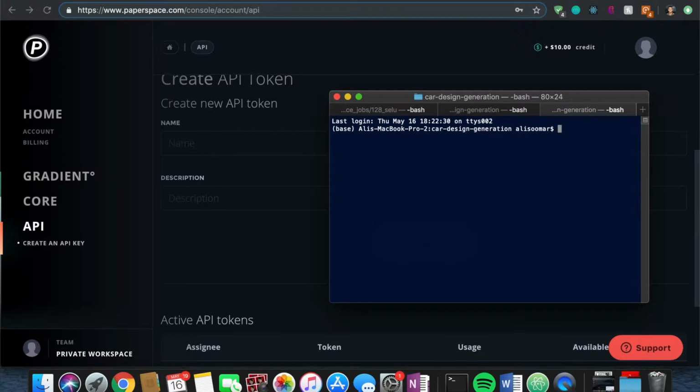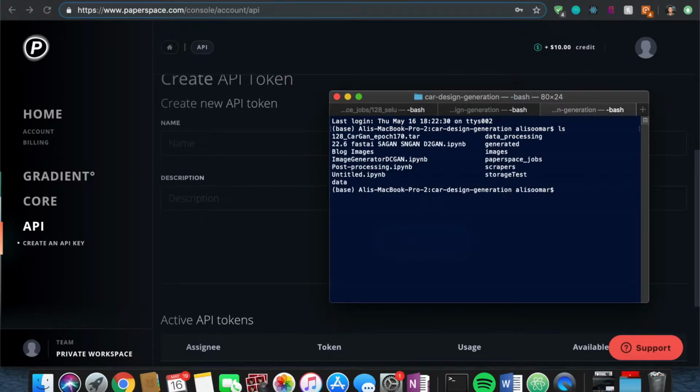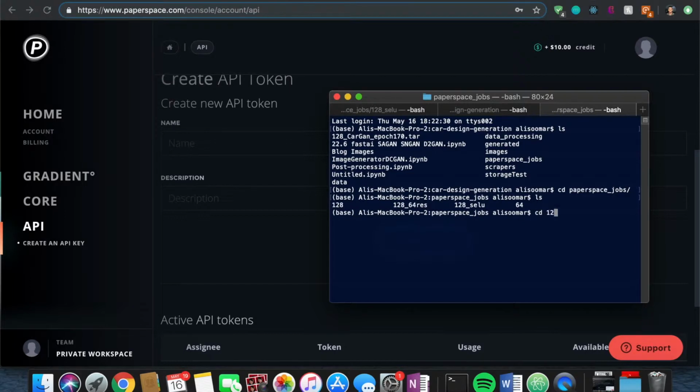So then basically from there, you can create your own job. One of the things that I probably wanted to do was transfer a file to my persistent storage, or transfer multiple files to my persistent storage. So I'm just going to go to where I want to transfer my file. I'll go to Paperspace Jobs. Okay, so I'm right here. So from here, what I want to do is use paperspace